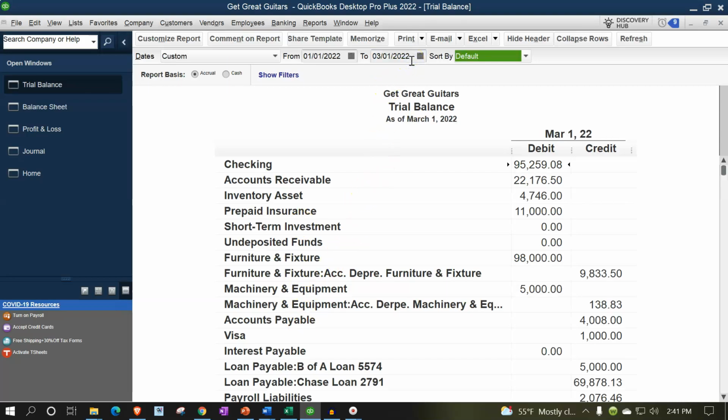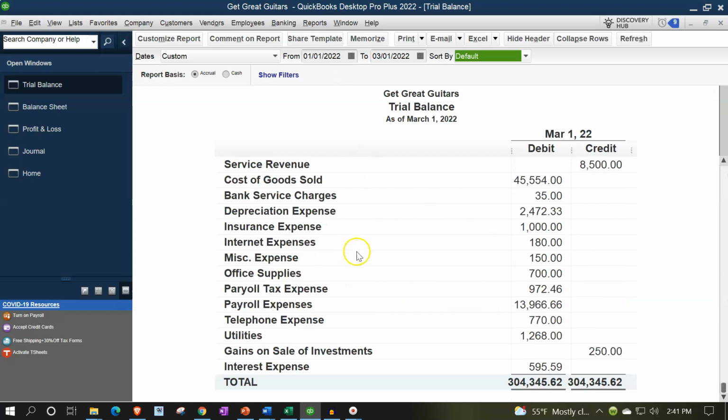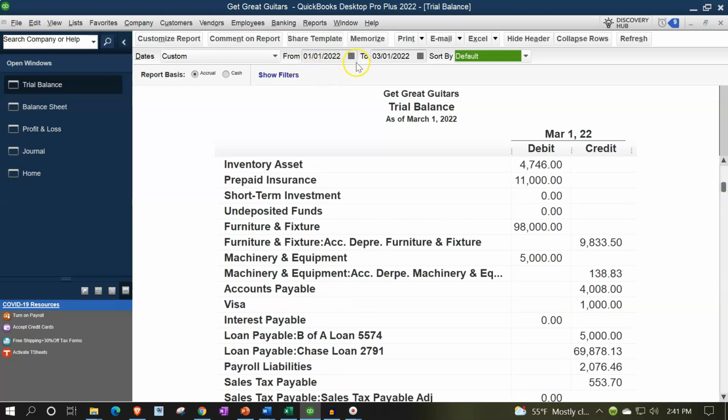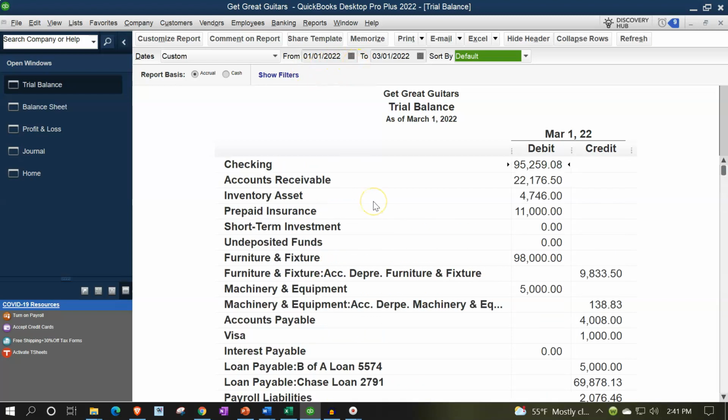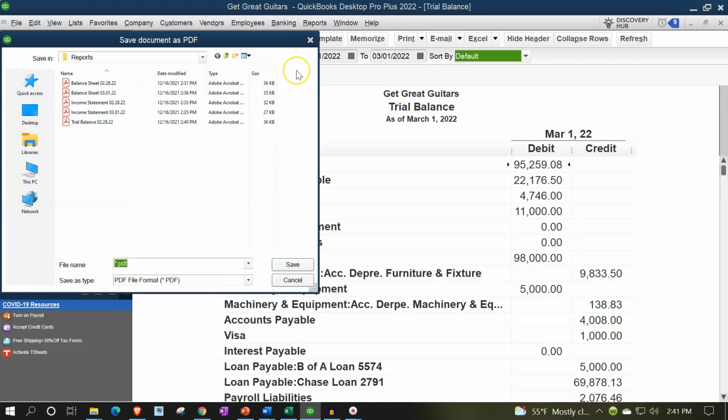the date. This time I'm going to keep the starting date, and notice the trial balance is 1. If I was to try to make this beginning date as of 3/1, then it may not still create the income statement the way I would like it, which is just to show the income statement because it's going to close out the income statement on a yearly basis based on our year-end amount. So I'm just going to run it for the period of 1/1 to 3/1 to get those ending balances. So I'm going to say, okay, let's print this out, and we want to save it as a PDF